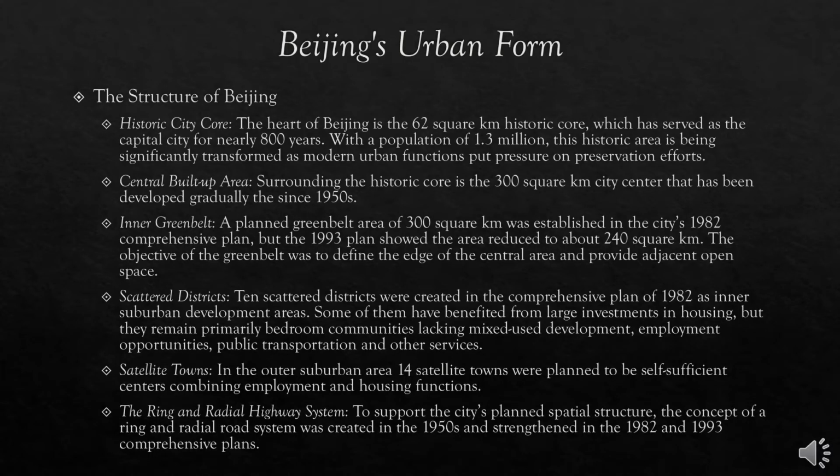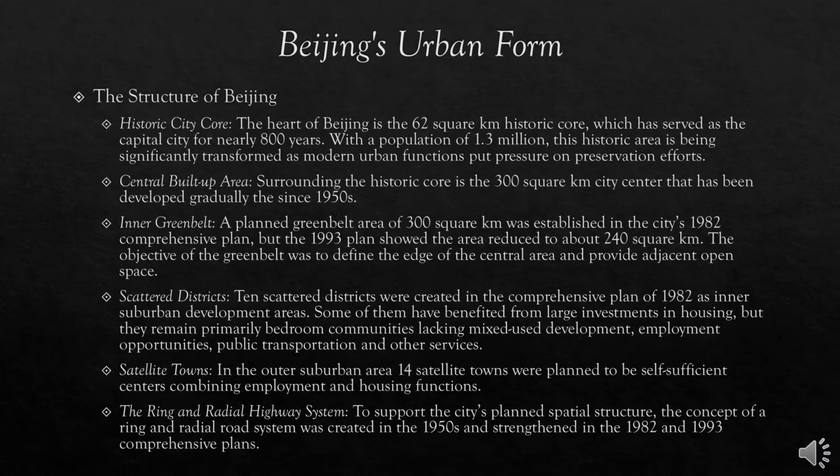We'll take a more detailed look at the urban structure of Beijing. It could be broken into 6 distinct components. The historic city core is the heart of Beijing and is a 62 square kilometer historic core, which has served as the capital city for nearly 800 years. With a population of 1.3 million, the historic area is being significantly transformed as modern urban functions put pressure on